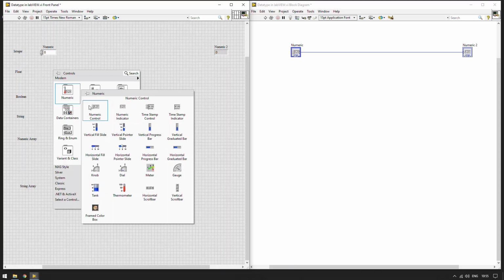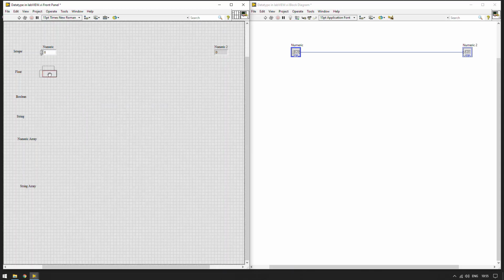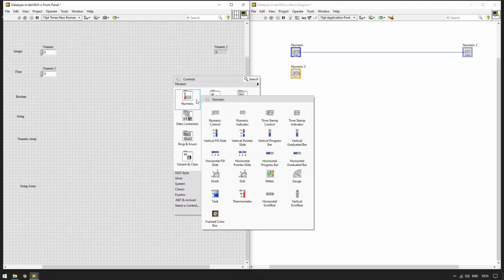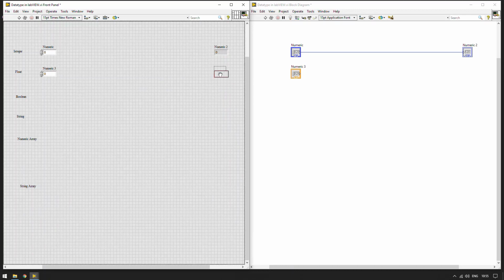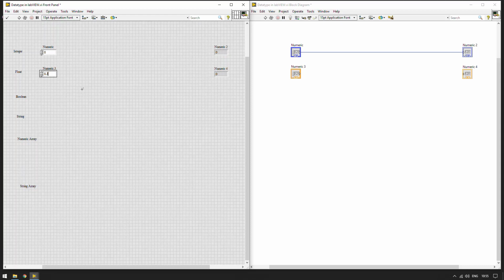Let's take a float input and a float output or indicator. Now let's put 8.3 here. It stays at 8.3 because the data type is float. So let us connect them as well.